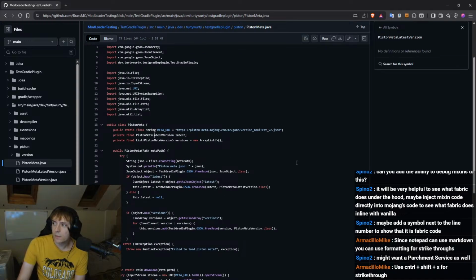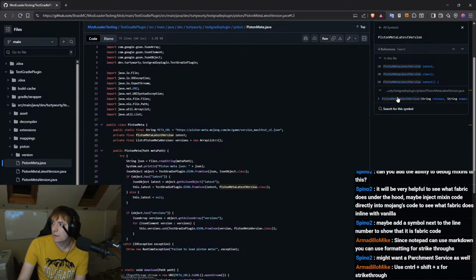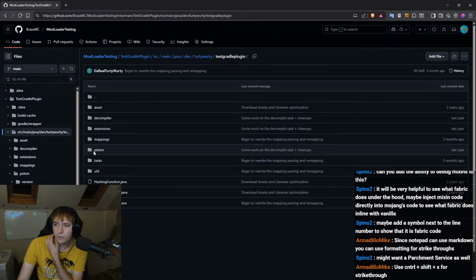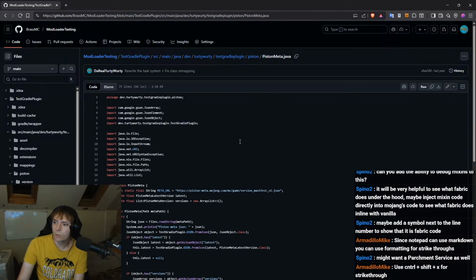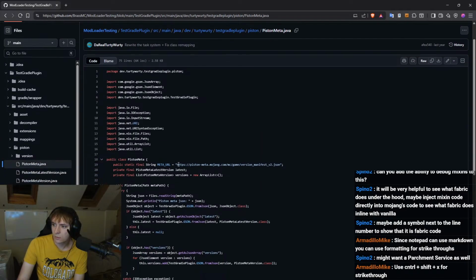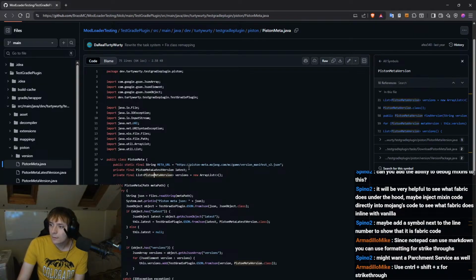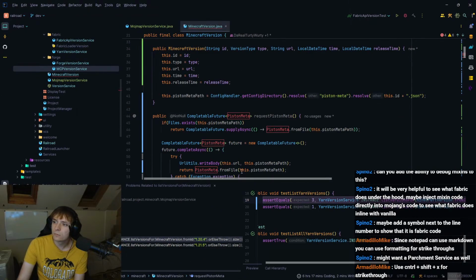Okay, and then piston meta latest version, which is its own class, apparently. That's not right at all. Wait, what is this? Oh, this is the version manifest. This isn't the piston meta. Oh my god, why did I call it this? Oh no, it is. Wait.